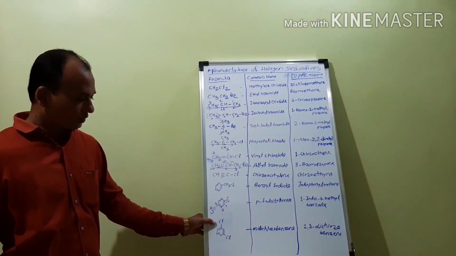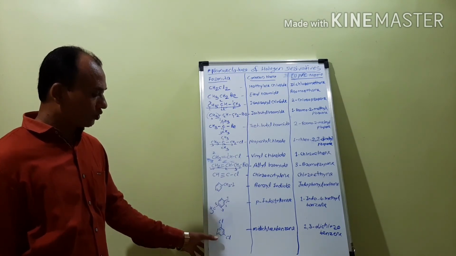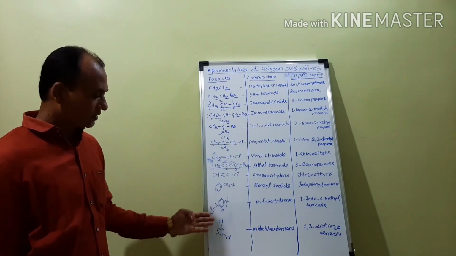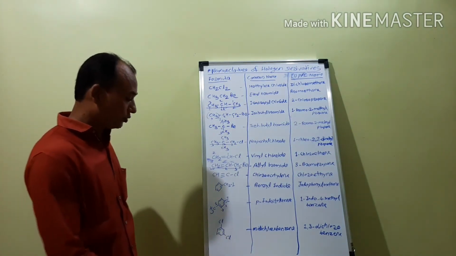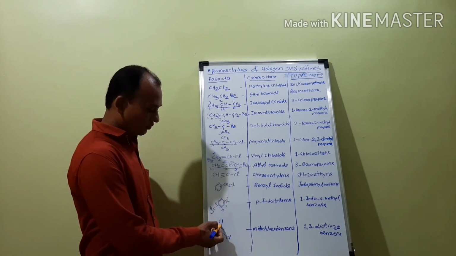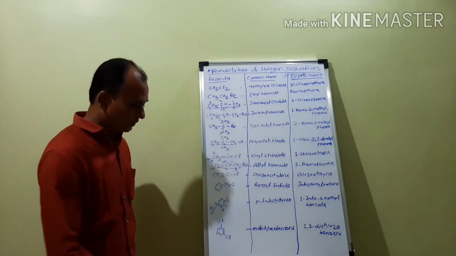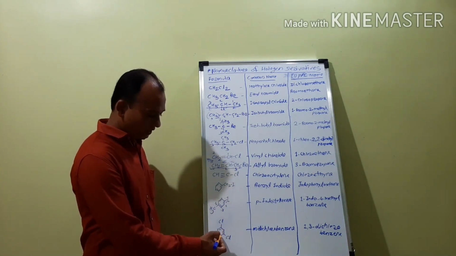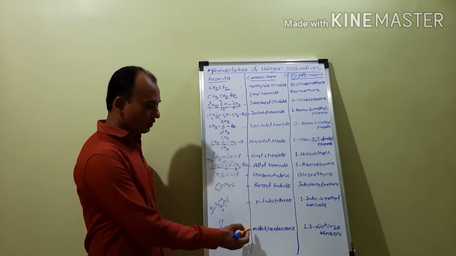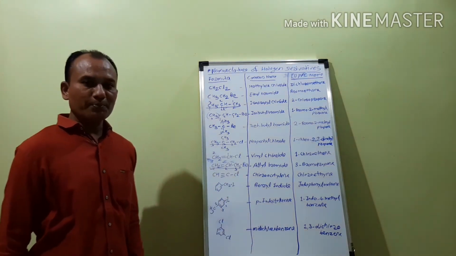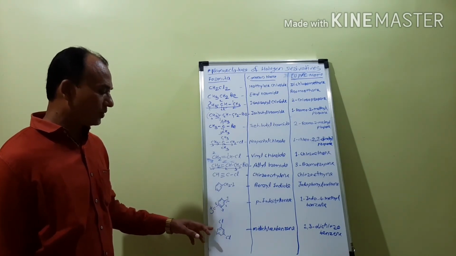Next, this is a dihalobenzene in which 2 chlorine atoms are attached. Now if there are 2 substituents, we have to use the prefixes ortho, meta and para. What is the position? If we consider this as the first position, relative to that, after one carbon atom there is a chlorine. This is the ortho position, this is the meta position, and this one is the para position. At the meta position there is the second chlorine, so it becomes meta dichlorobenzene. So the common name of this compound is meta dichlorobenzene.